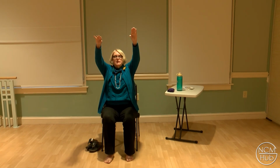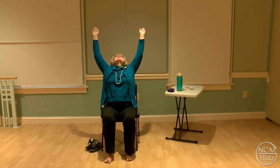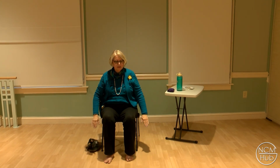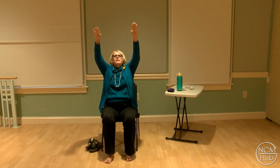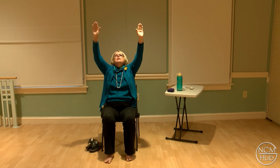Bring your arms forward, stretch up towards the ceiling, and then arch back. Bring your arms back as far as they can go, roll your shoulders back, look up, and then bring your hands down. Hands come down by your side, and then push back. Bring your arms back as far as they can go. Then inhaling, coming back up, stretch up, and arch back. Exhaling down,